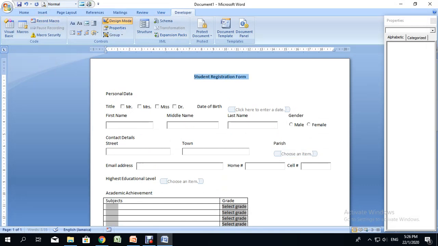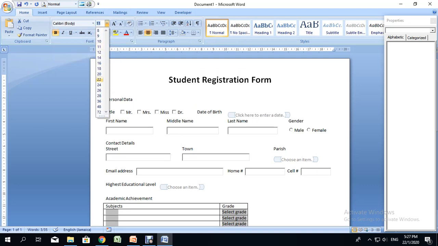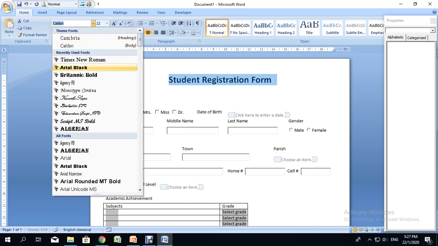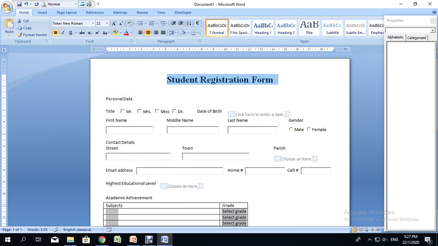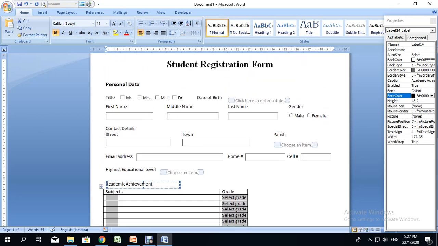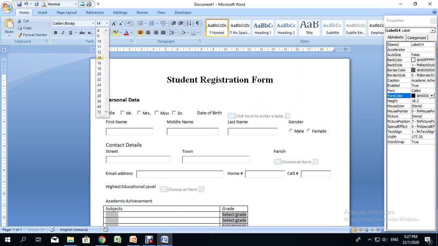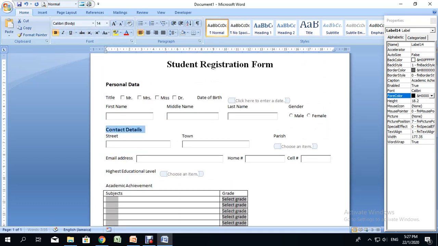fix up the form now, so I'm going to bold the heading. I'm going to change the font size to about 22. I'm going to change the text to Times New Roman. I'm going to bold this heading and change it to font size 14. I'm going to set out the academic achievement, and I'm going to leave that for the time being. Personal data, contact details, size 14, bold,